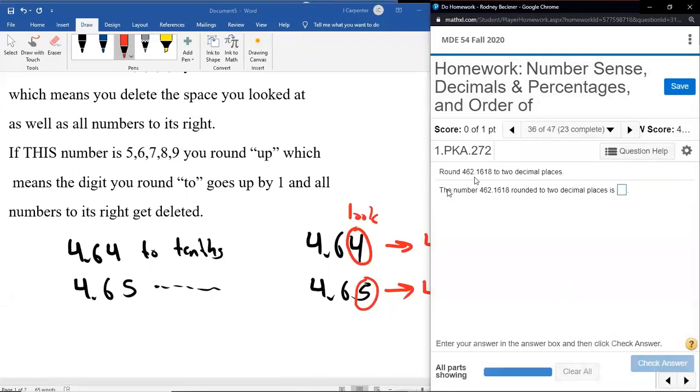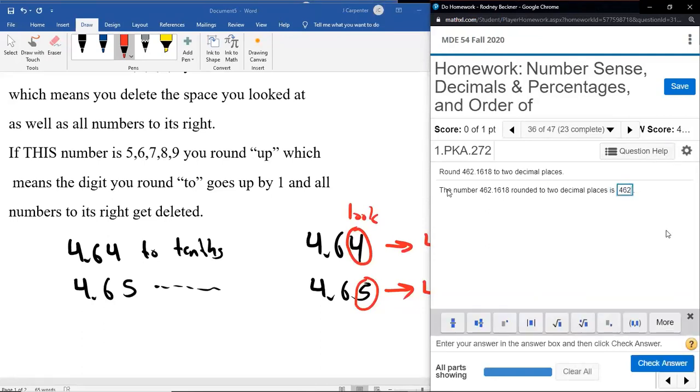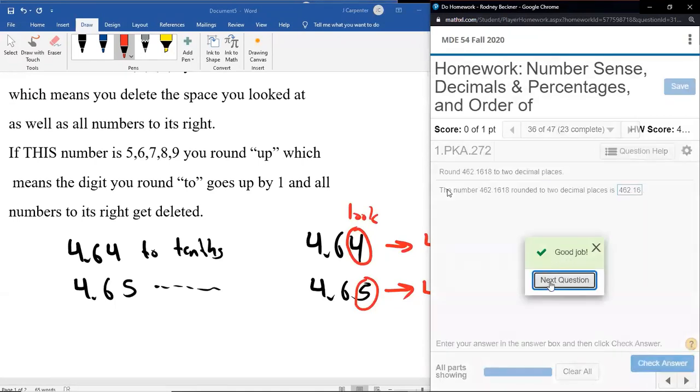Rounding to 2 decimals, so one more practice. So the 6 is in the second decimal place, so we look at the 1. The 1 tells us to round down, so the 1 and the 8 are gone, and we'll leave that as a 0.16. So 462.16. Does that look right? Let's actually take the time before we panic and hit enter. Yeah, I think that looks pretty good. We're taking our time, we're having patience, we're getting answers right, everything's going well.